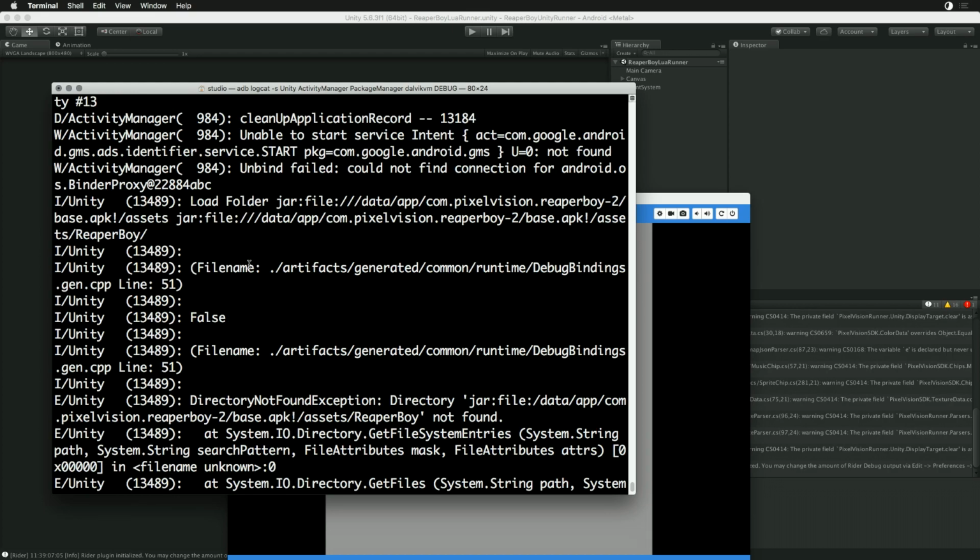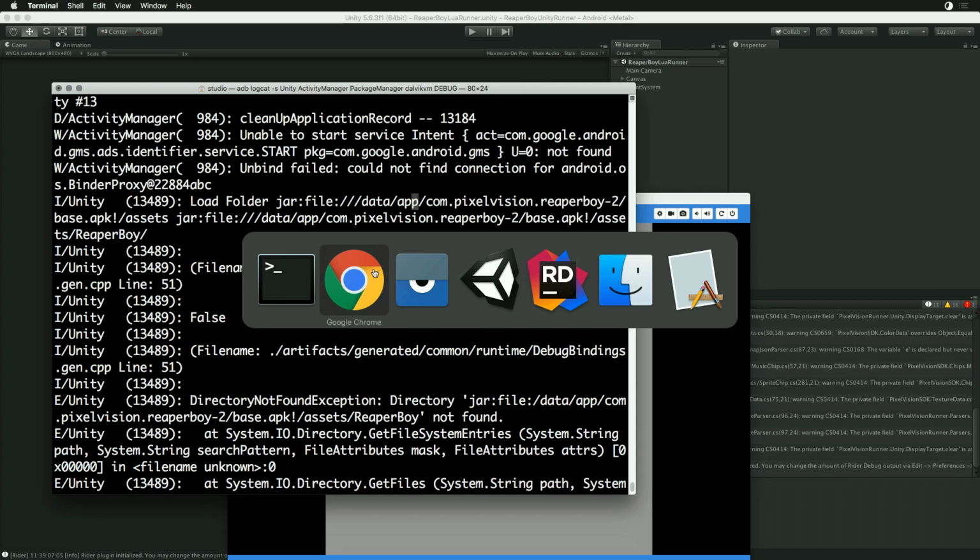All right, so file name. So here is load folder, jar file data, Pixelvision Reaper 2 assets. File data, Reaper 2 base APK, assets Reaper. Okay, so the good news is that unlike what the documentation tells you, I guess the documentation is